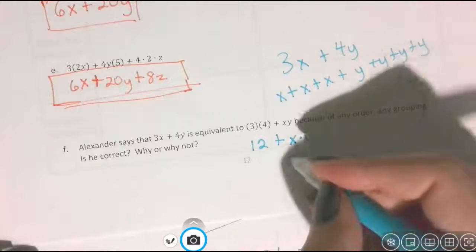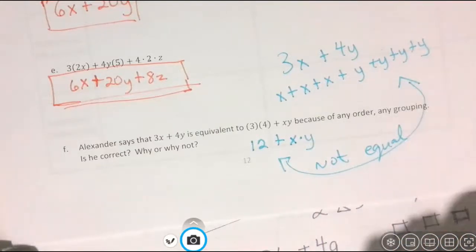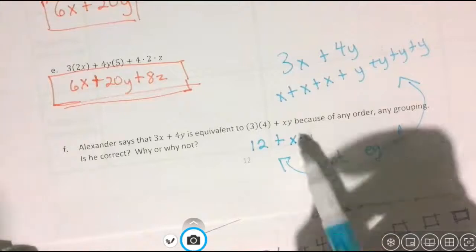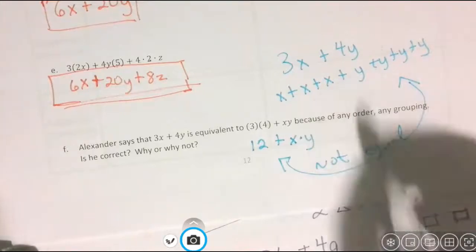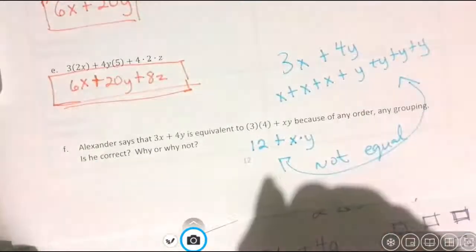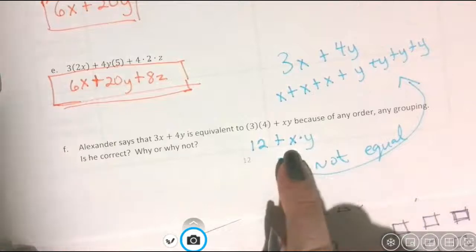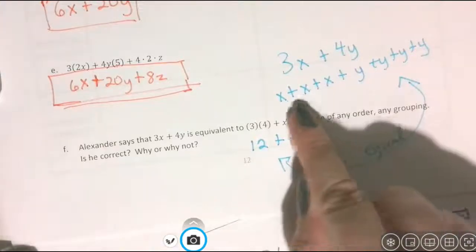When I look at these, they are not equal to each other. And the expanded form shows why. It shows that this one would not end up with 3 x's. This is 1 x. This is 1 y instead of